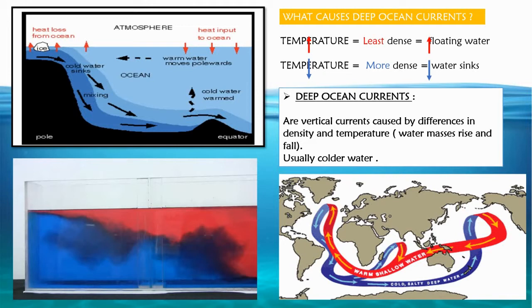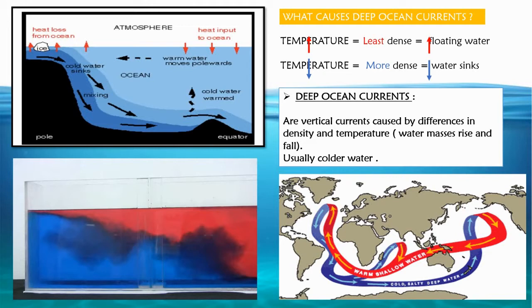In colder regions such as the North Atlantic Ocean, ocean water loses heat to the atmosphere and becomes cold and dense. When ocean water freezes, forming sea ice, salt is left behind, causing surrounding seawater to become saltier and denser. Dense, cold, salty water sinks to the ocean bottom, which in turn causes more water to become cold and salty enough to sink.